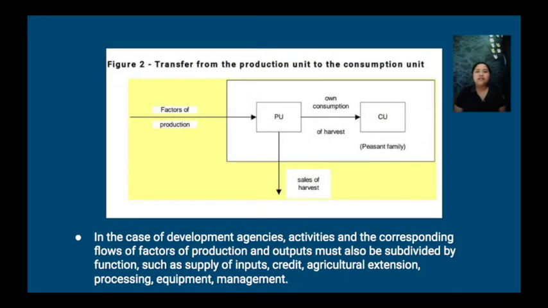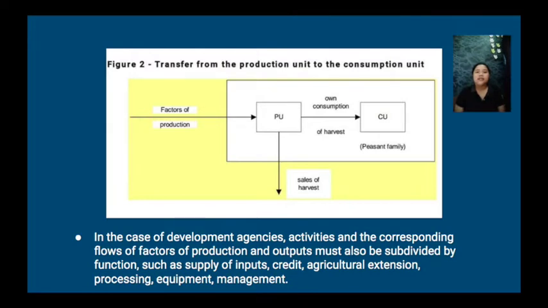Figure 2. Transfer from the production unit to the consumption unit. This figure shows the PU and CU of a peasant family. It is useful to separate the function of production. This can be divided into a production unit and a consumption unit. This figure shows also that any subsistence consumption of the harvest by the family itself can be represented as a